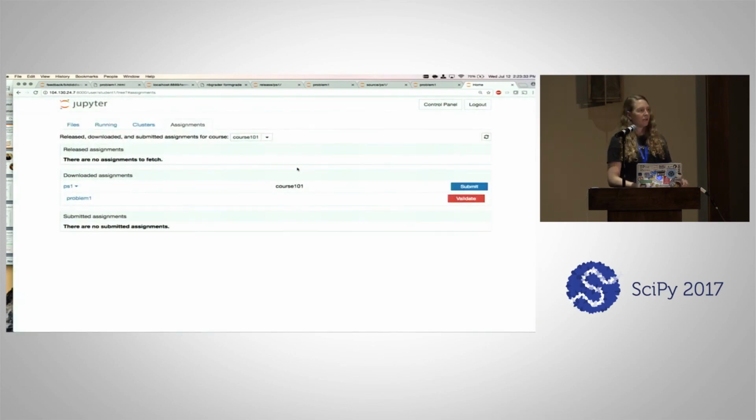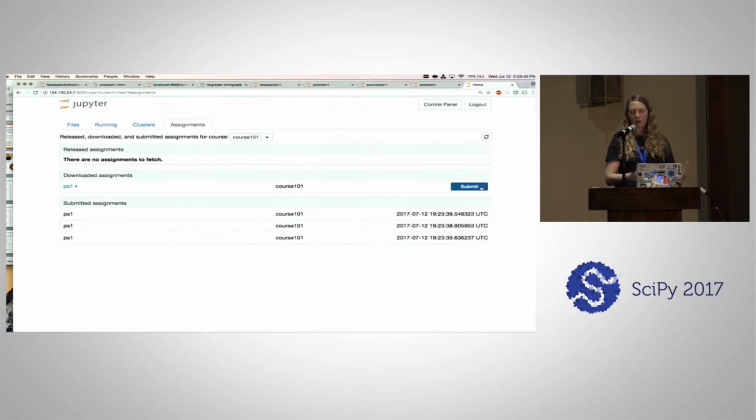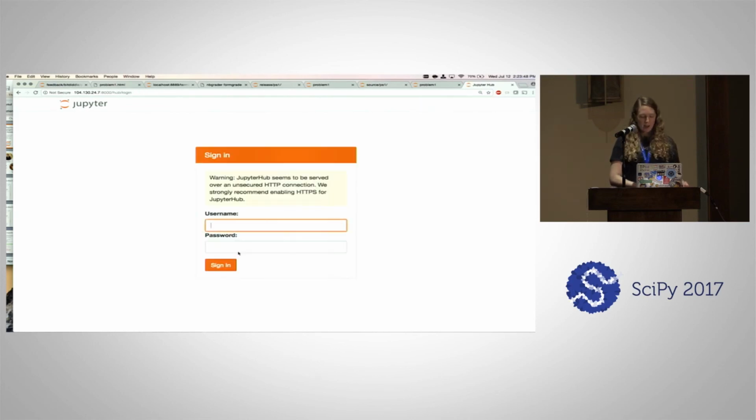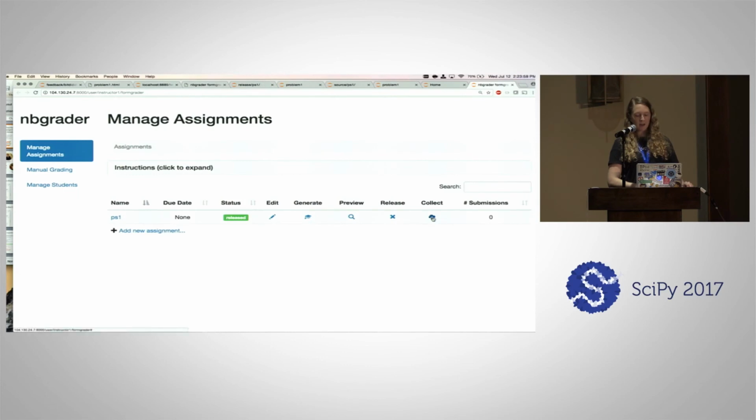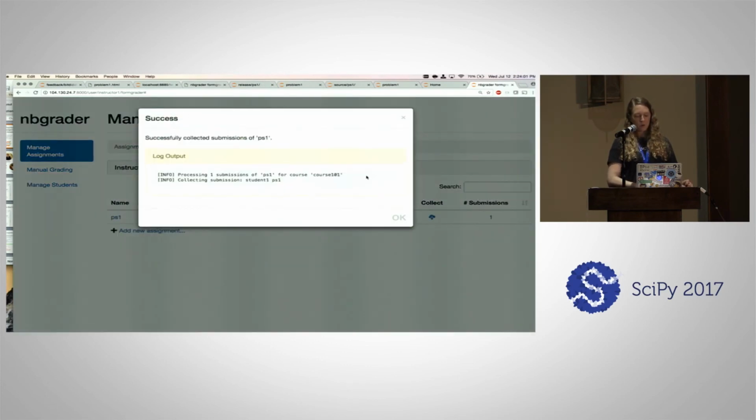And then when they are ready to turn the assignment in, they'll click this submit button. That'll submit it back to the instructor, and students can submit as many times as they want. When we go to collect the assignments, nbgrader will use the most recently collected version of the assignment. So let's log back out and log back in as our instructor. Here back in our formgrader, we can now click this collect button,